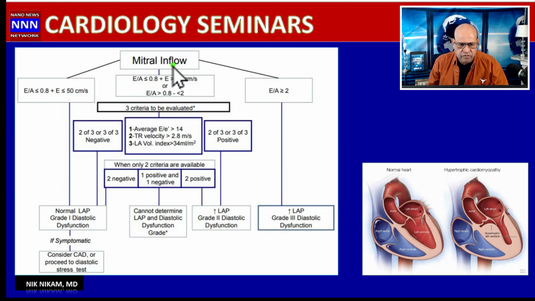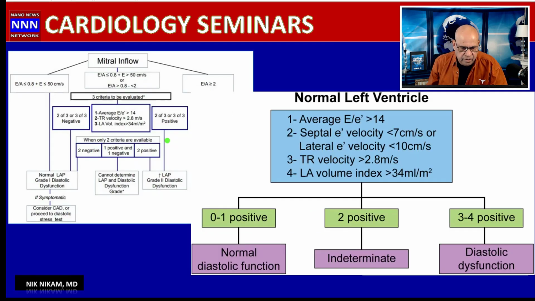We know that. Whereas if E to A is greater than 2, we are dealing with grade 3 diastolic dysfunction. How do we differentiate grade 2 from mild to moderate? That's a key feature which is being addressed here. So let us focus on this particular box and see if we can make some difference. And here is this particular box which is expanded here. The average E to E prime velocity greater than 14, the septal velocity less than 7 centimeters, or the lateral wall E prime velocity less than 10,